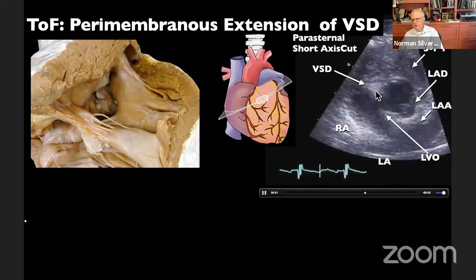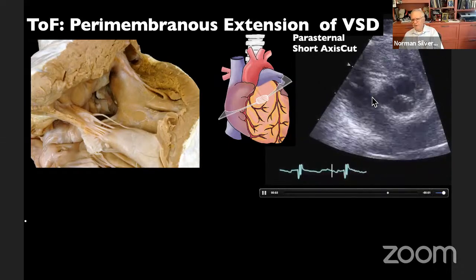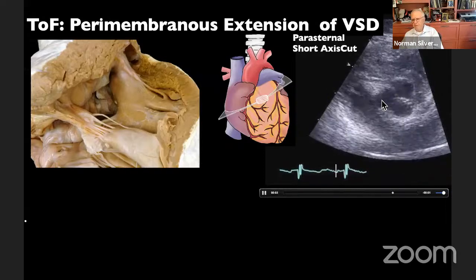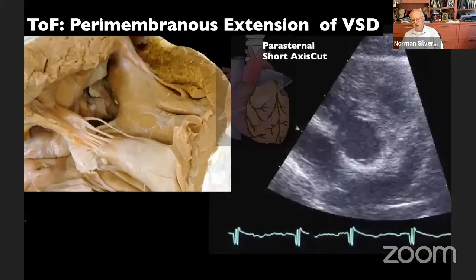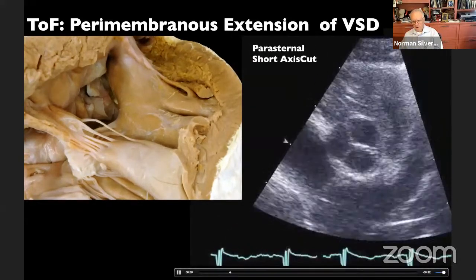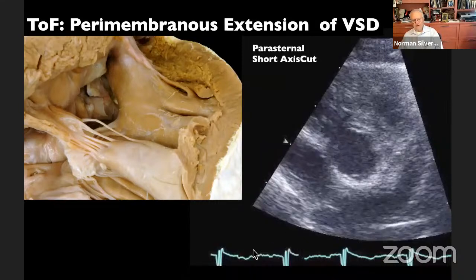And you can see the ventricular septal defect as I take these labels away, with the fibrous continuity between the tricuspid valve and the aorta, indicating a perimembranous extension to this ventricular septal defect. And if I can just stop this for 1 minute, as I have here, you can see the septal leaflet and aortic valve area with the leaflets in fibrous continuity, and the ventricular septal defect, such as in a perimembranous ventricular septal defect, extending into the inlet septum.